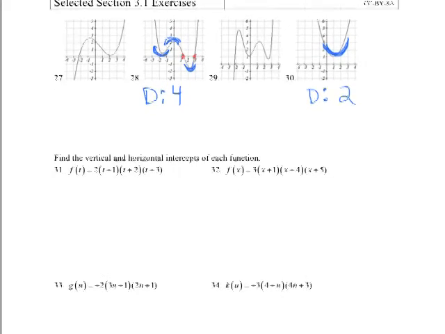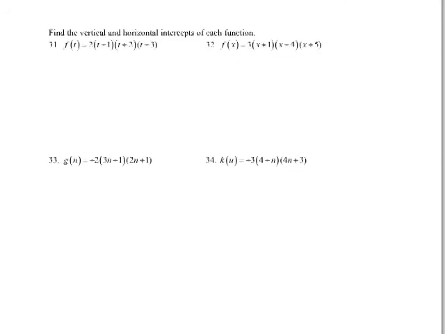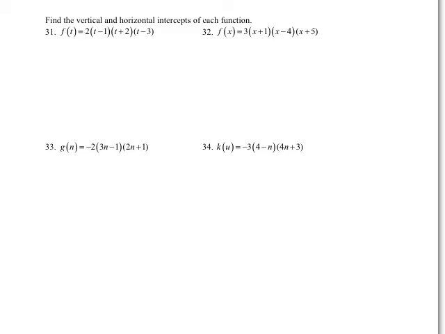Alright, looking further down, we are asked to find the horizontal and vertical intercepts for each function. So a horizontal intercept occurs, if you're thinking about this graphically, it's where the graph touches the axis or crosses the x-axis. So horizontal intercept occurs when the function is equal to 0. So if we set our function, in this case f of x, equal to 0,